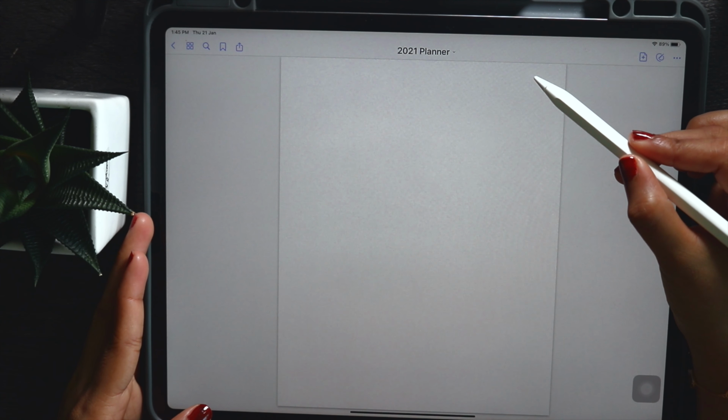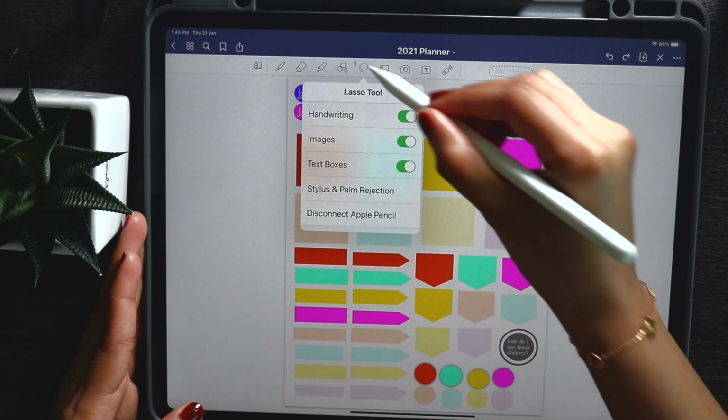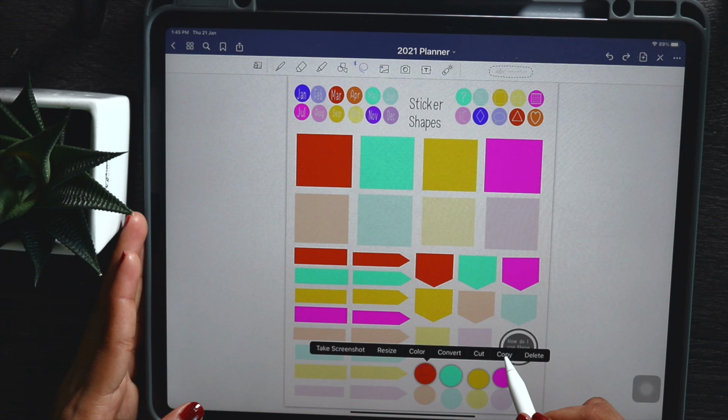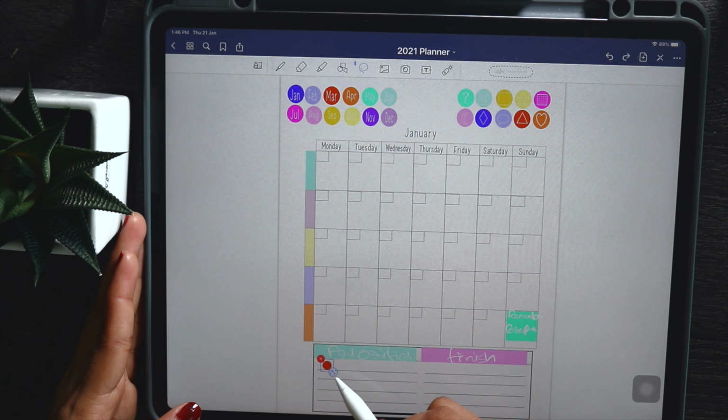You may want to have some way to check off these items. So you could go back to the sticker page and grab one of these shapes, and I'm just using that little blue symbol here on the corner to resize it. Once that looks good, we can paste it again and move each of these into place. So I'm just holding again and pasting. It's still copied to my clipboard.